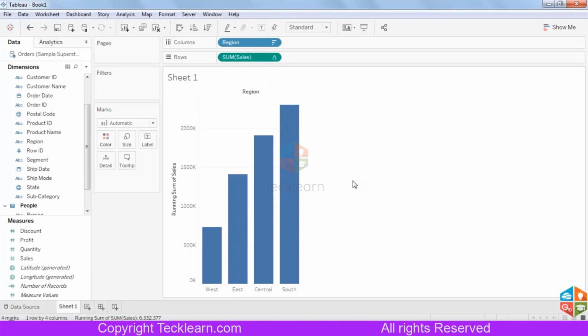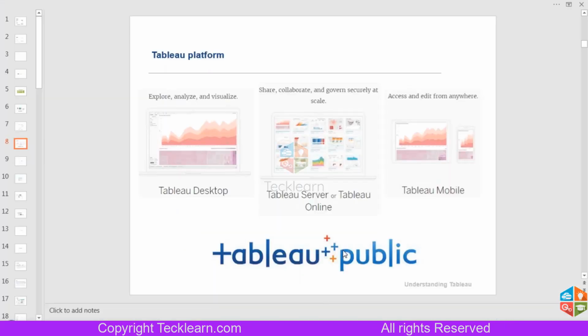Whenever you are using Tableau Public, be careful with data. You cannot share client-specific data here. Tableau Public is actually open. You cannot add any authentication, and anybody can see any content there. That is the restriction we have here. So these are all the products we have with their advantages and disadvantages, and they are a little different from each other in their functionality and features.